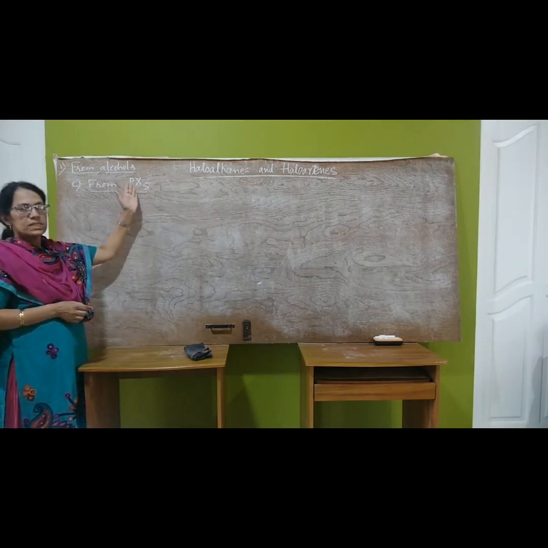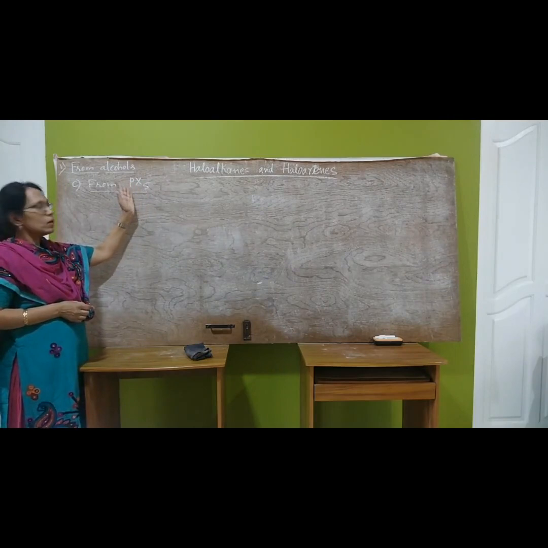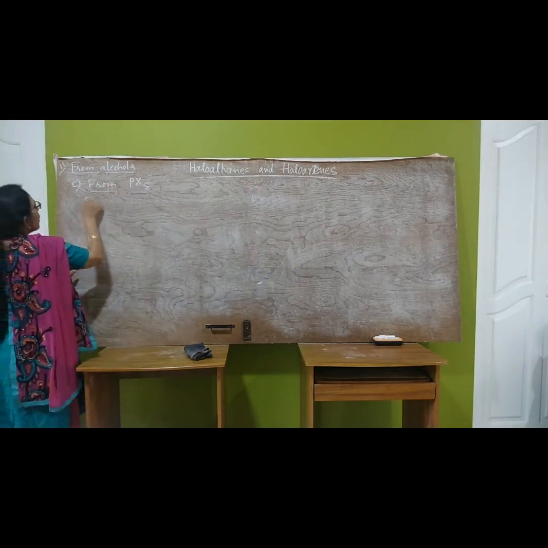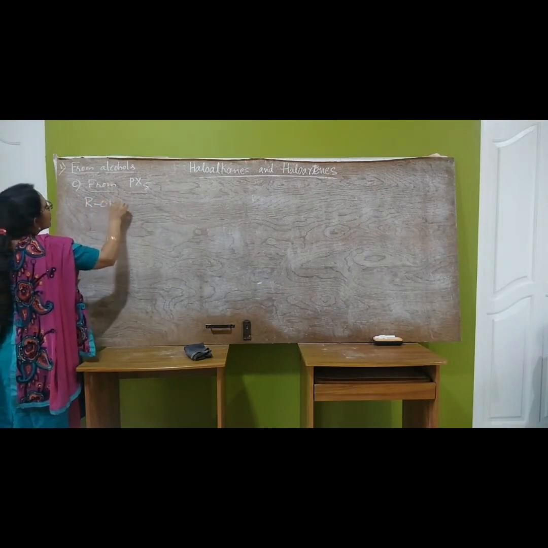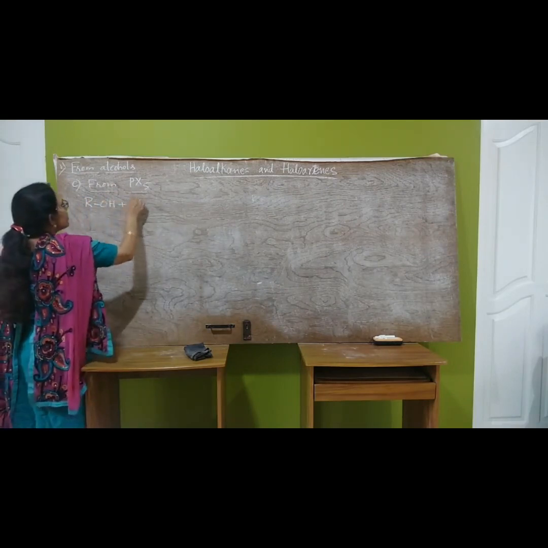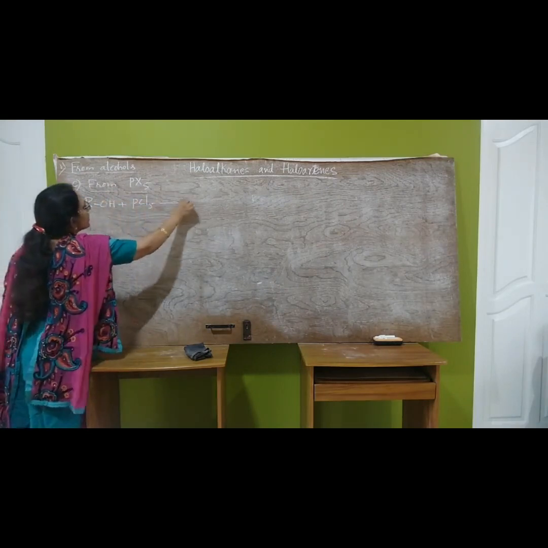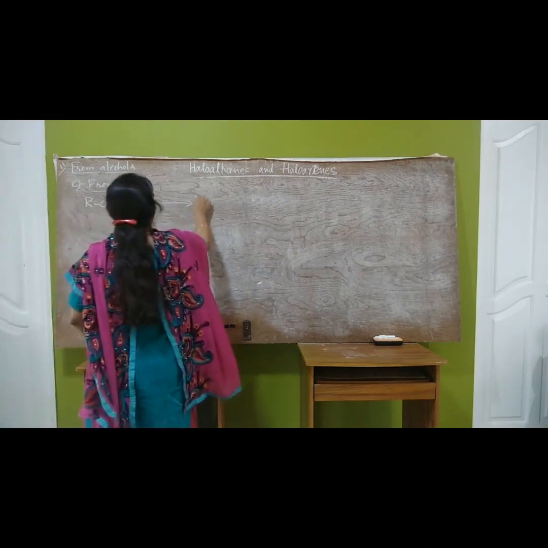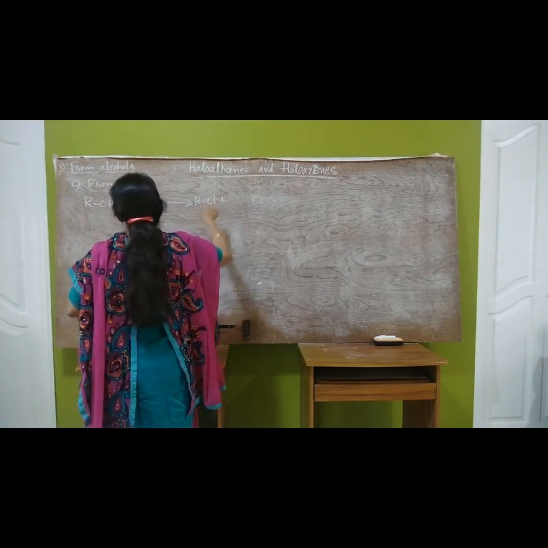Therefore, RCl only is prepared by this method. That is, alcohol when treated with PCl5 gives alkyl chloride RCl plus